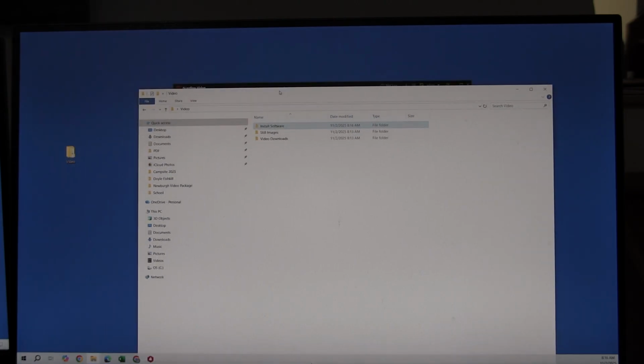So let's just run over here to kind of give you an idea. Here's the client icon, and here's what the executable file looks like. So see how they're so identical? So that's why we get rid of this one and we move it over here so we don't accidentally click on it. All right, so let's back out of here,